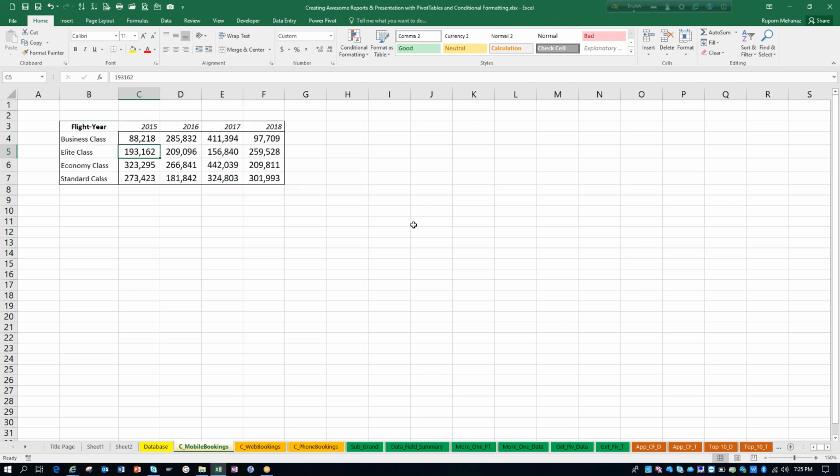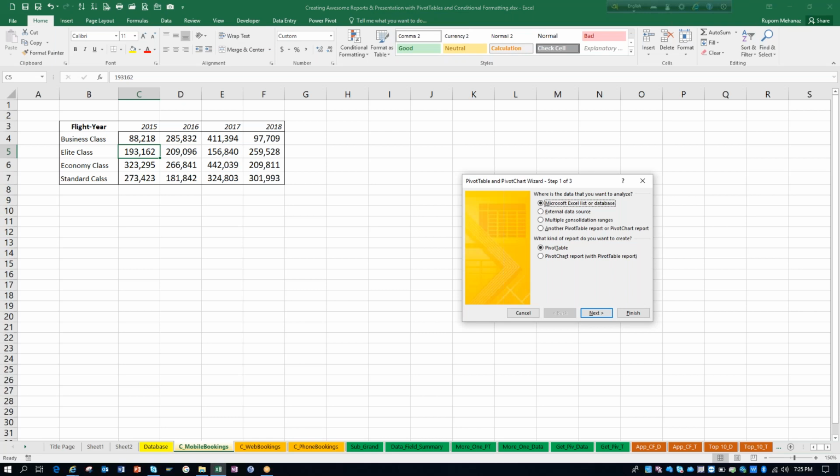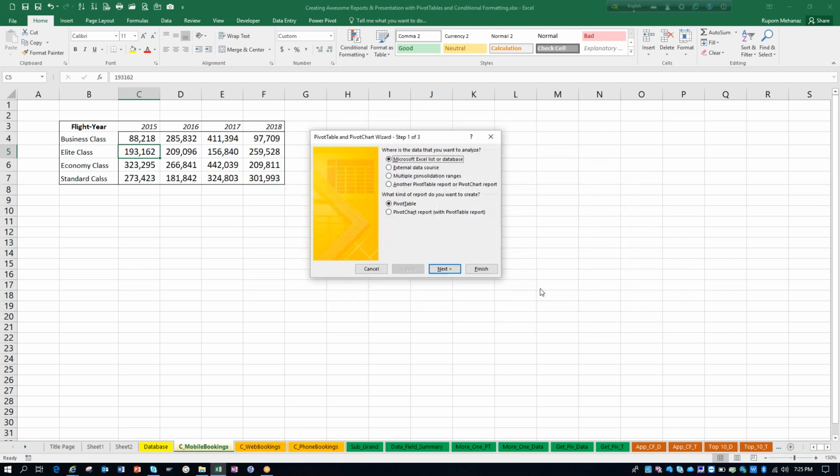So what I need to do is I will place my cursor over a specific cell within the range, to bring the pivot table wizard visible in my window. I will press Alt D P. So pressing again Alt D P. Okay, and then this will bring the pivot table wizard visible to your screen. There you can see